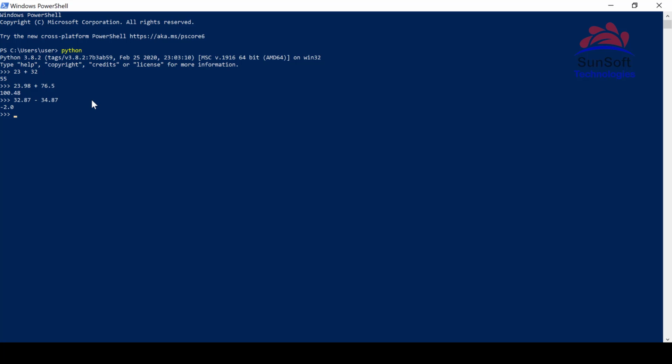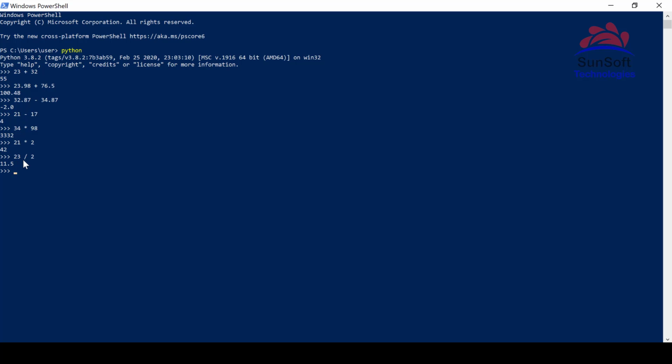minus 2.0, which is basically the minus operator. Similarly, we have it for integers as well. Then we have the multiplication operator. These are very basic. Right, and then we also have the division operator.